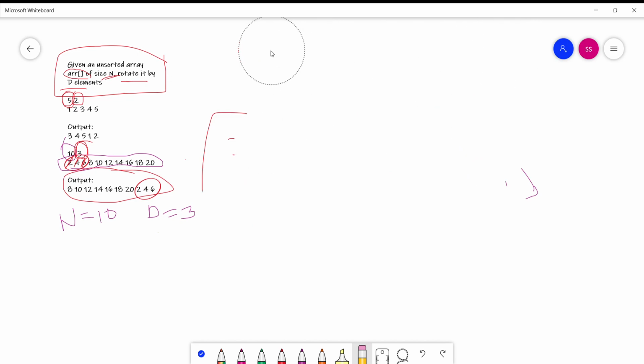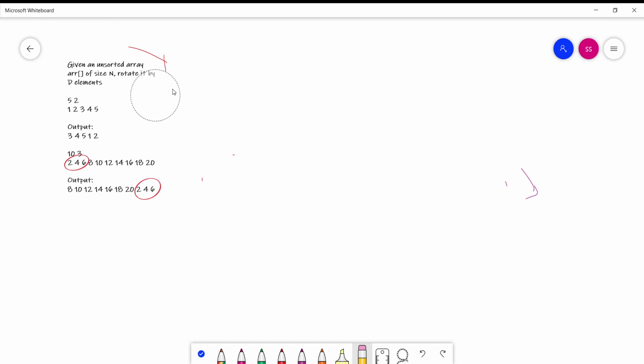First of all, I have to take the value of n and the value of d from the user. For this purpose, I have to use cin to take the value of n and the value of d from the user. Why do I use n? I use the value of n to take the size of the array and the value of d as the rotating factor. So first of all, I have to insert the elements.